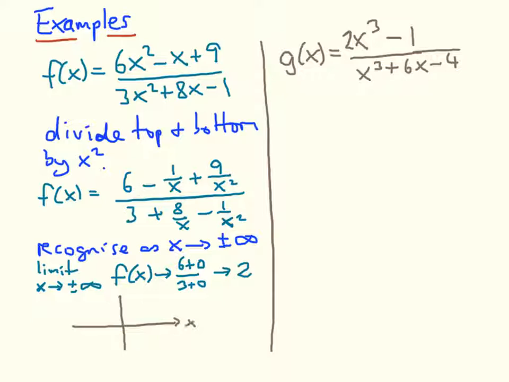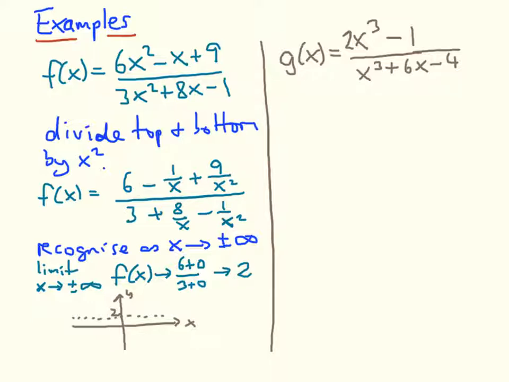So if we were to sketch the function, I can't tell you more about it, but I can say that this line is going to be a horizontal asymptote where the value of y is 2. I can't tell you whether it approaches it from above or from below without thinking about it,